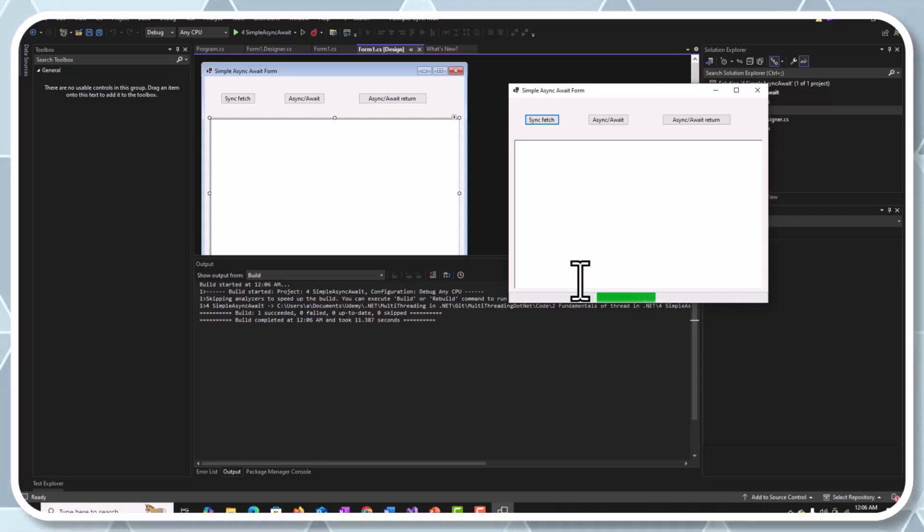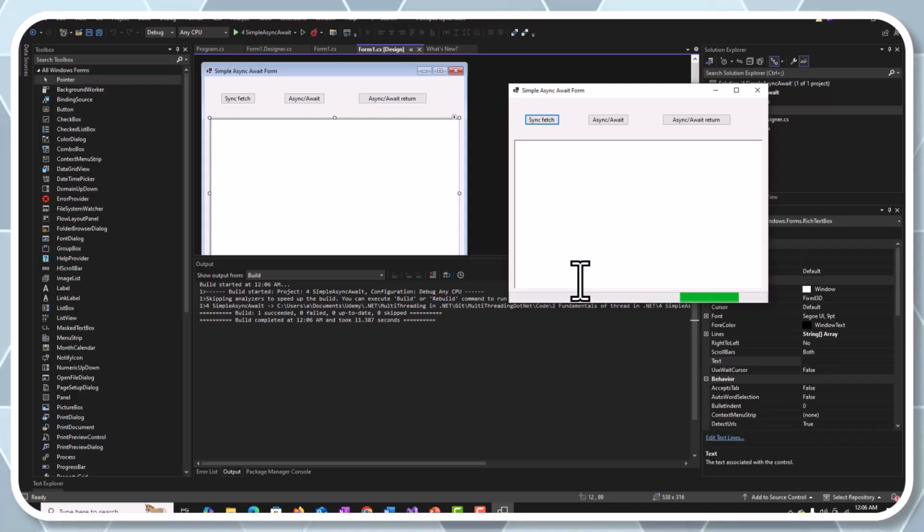In a WinForm application, there is one UI thread, which is responsible for updating the UI controls. To show you whether the UI thread is busy or free, I've added a progress bar at the bottom, which keeps moving from left to right,